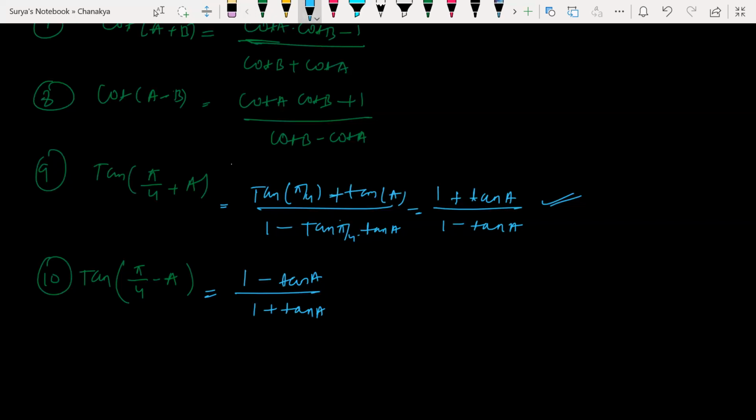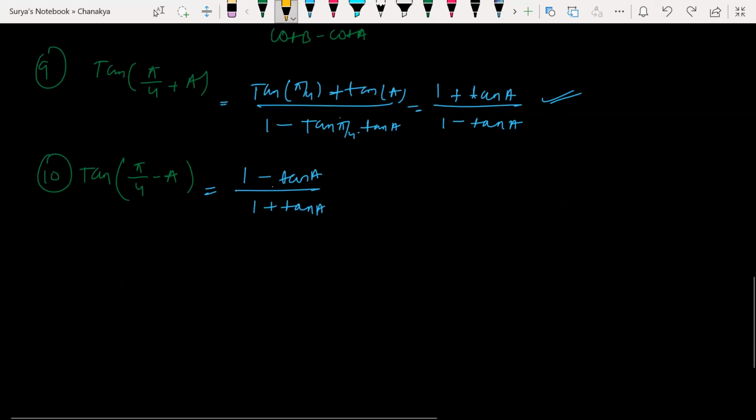Over here, I'm telling you the trick again. Pi by 4 plus, I have plus here, so I'll get plus here. If I get plus here, absolutely I'll get minus in the denominator. If I have minus here, plus here. Okay. Clear? Yes, sir. Guys, these are very useful. In the next class, I'm going to ask individually. If you are not able to tell the formula, I can understand that you are not just going through the notes.